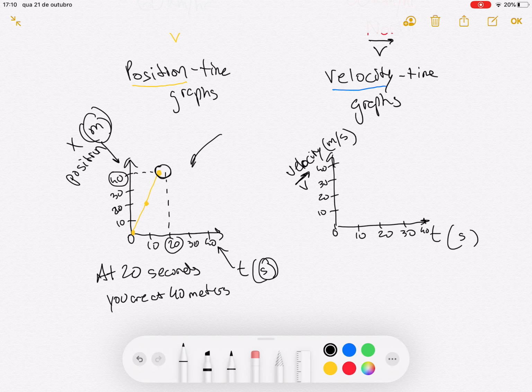This means that our velocity is also going to be positive. We know that at time 20 seconds, you were at position 40 meters. And so, basically, to find the speed in this graph, or the velocity,